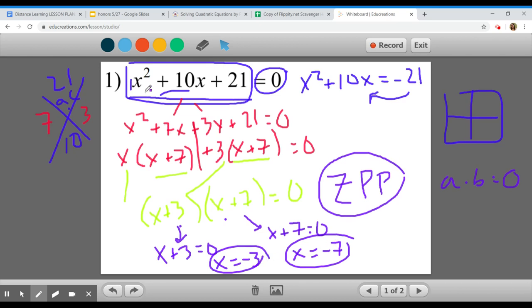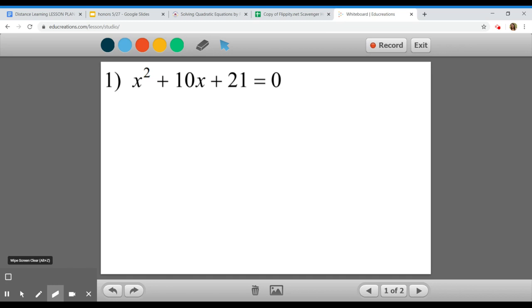If I were to substitute these solutions back in, negative 3 squared is 9, plus negative 30 plus 21 does indeed equal 0. If I substituted negative 7 back in, squared is 49, minus 70 plus 21, we get to 0. So I found my two solutions. Sometimes you might see it written, that's a bad bracket, you might see it written in those